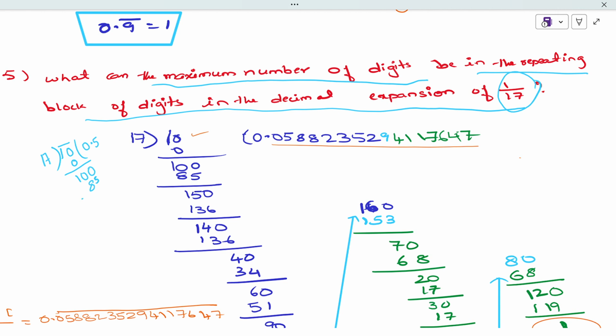Now we do subtraction. You will get 15, and the decimal point is already there. We can place one more 0 here and read 150. 17 eights are 136, so again we do subtraction. It goes on like this. The numbers are not repeating until you reach 70. After 70 again 20, again 30, again you get remainder 8, which you write as 80, and again 120.